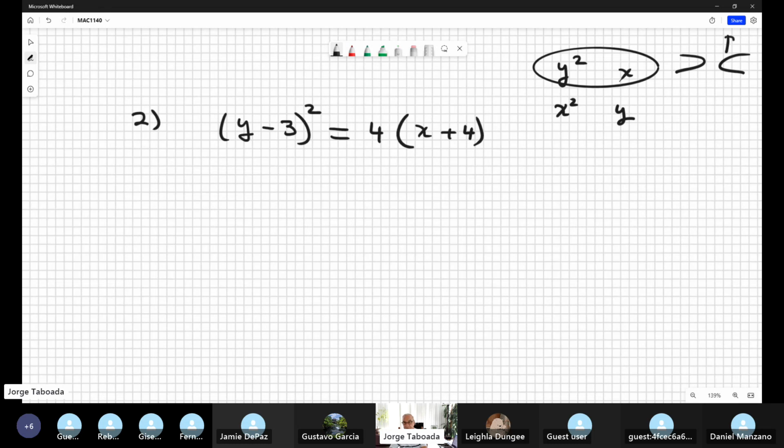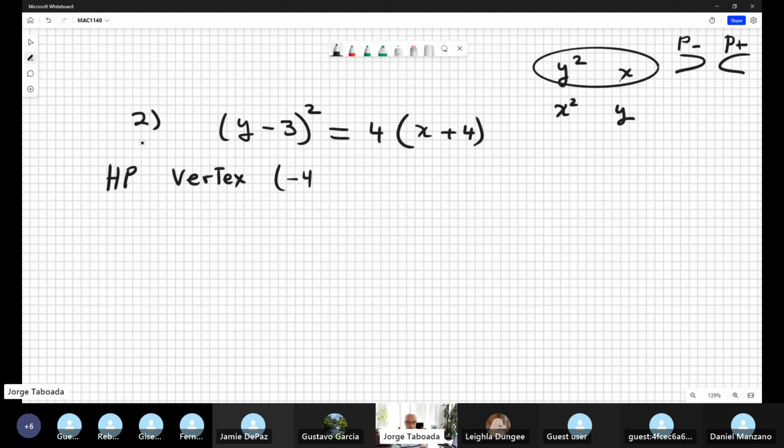If p is positive or if p is negative. So it's super clear, in my opinion, that we are in front of the horizontal parabola in which the vertex, not center, the parabola has no center, it has a vertex, because the parabola is not a closed figure, it's an open curve. So the vertex is located at the point